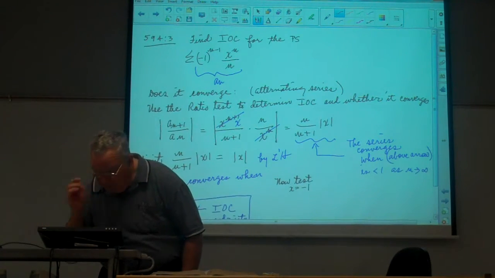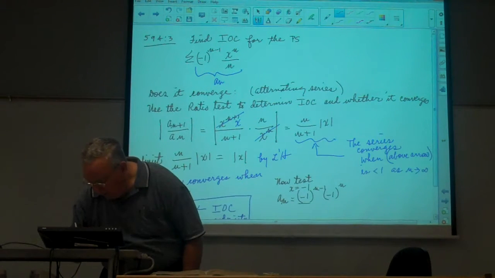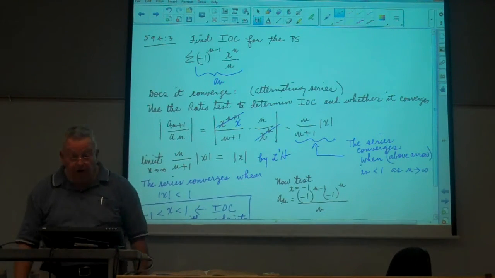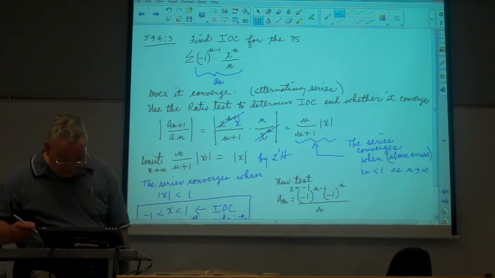If x is equal to minus 1, then a sub n is equal to minus 1 to the n minus 1 times minus 1 to the n over n. You follow? I just substituted x equal minus 1 in the original series. Everybody agree? So now I have